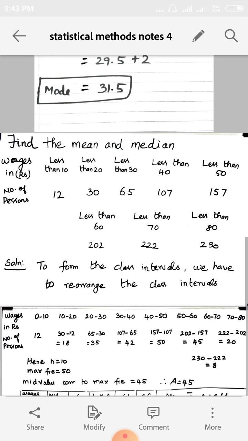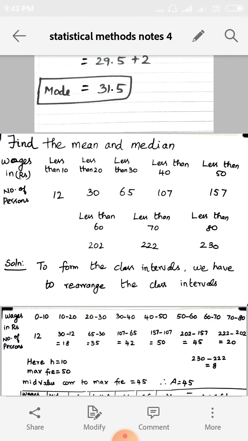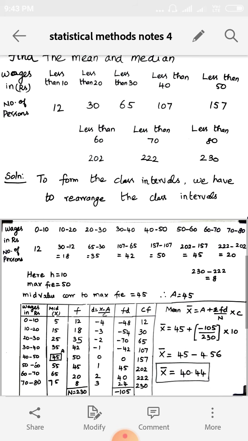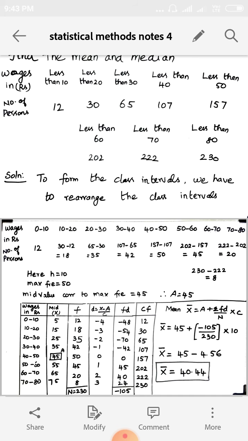In this less than type problem, listen carefully girls, frequencies are not given directly. Instead of frequency, only cumulative frequency is given. We have to find the frequency. They will not give frequency, only cumulative frequency in the less than type method. So you have to subtract the preceding term, that is, subtract the backward term from the forward term. So that is the frequency.